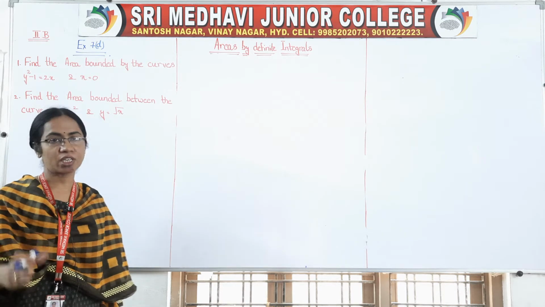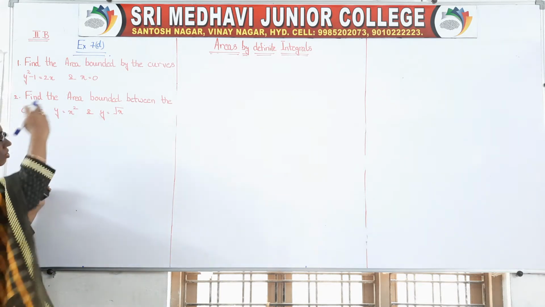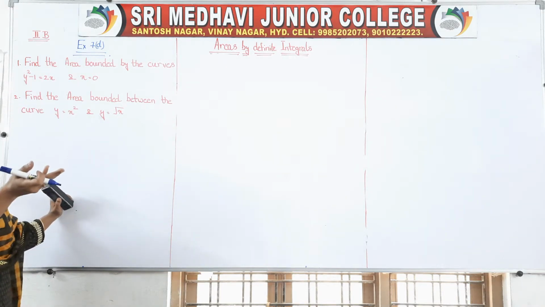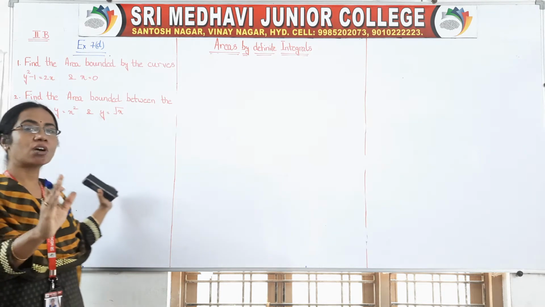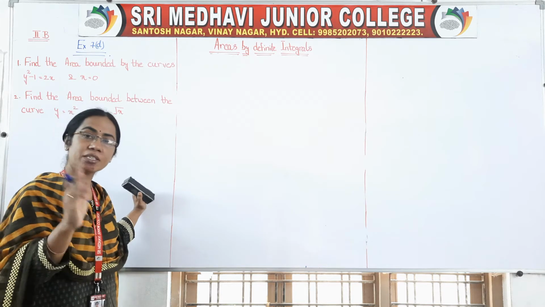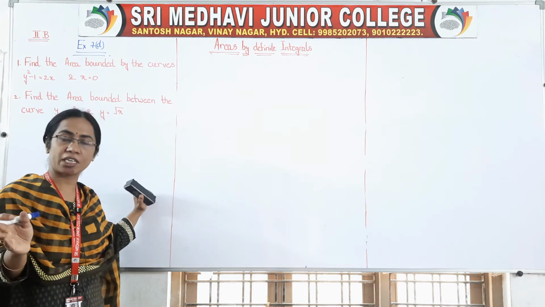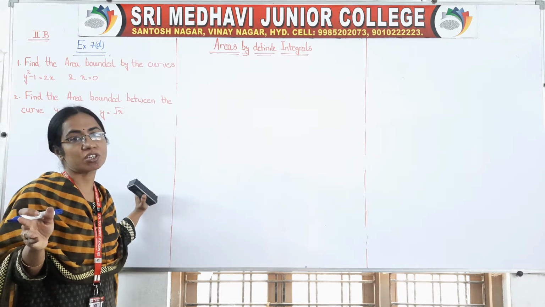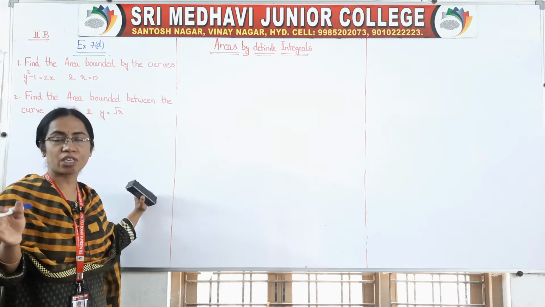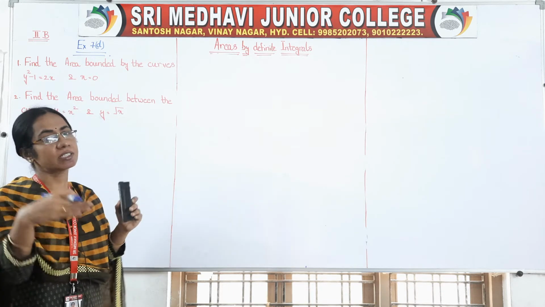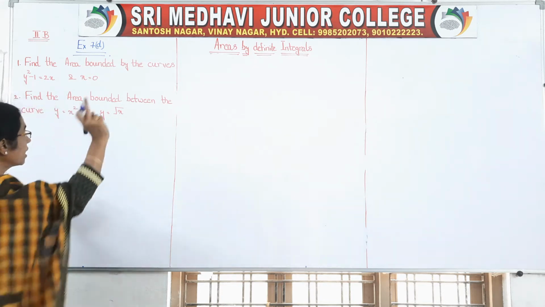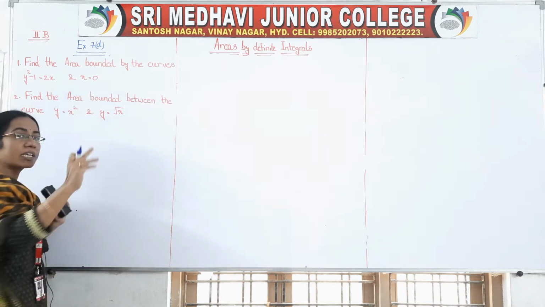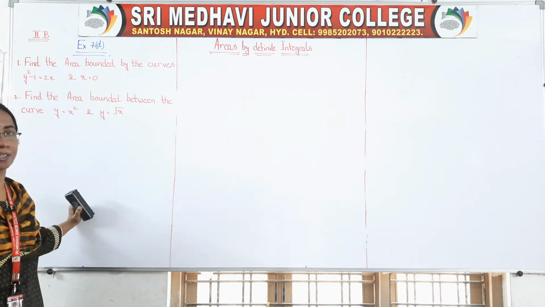After that, depending upon the condition satisfied by a point on that locus, we will decide which shape it comes. Here x is equal to 0 means nothing but the y axis. Whenever you get x is equal to 0, it is the equation of the y axis. If you get y is equal to 0, it is the equation of the x axis. Why like that? On the y axis our x coordinate will always be 0. That's why x is equal to 0 is the equation of the y axis.